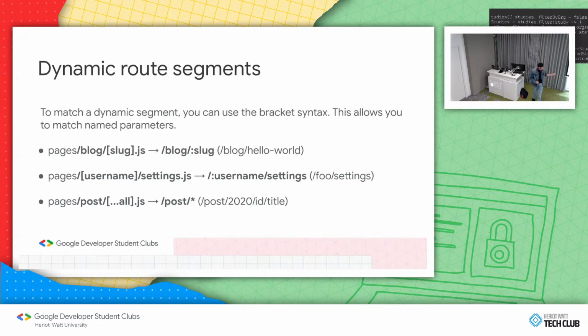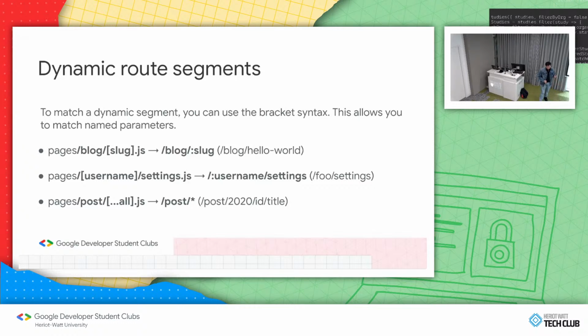Now, what the last one does is it's a very different syntax. There are three dots in front of whatever name you give to the dynamic component. What that does is it's a very wildcard pattern. It basically matches anything after the post. So in that example, if you have post slash dot dot dot all dot js, anything with a slash post in front of it gets matched to that very component. So whenever someone visits, say, example slash post slash 2020, even if he just stops there, if it doesn't have a specific file with 2020.js as its name, it will default to going back and checking for a dynamic